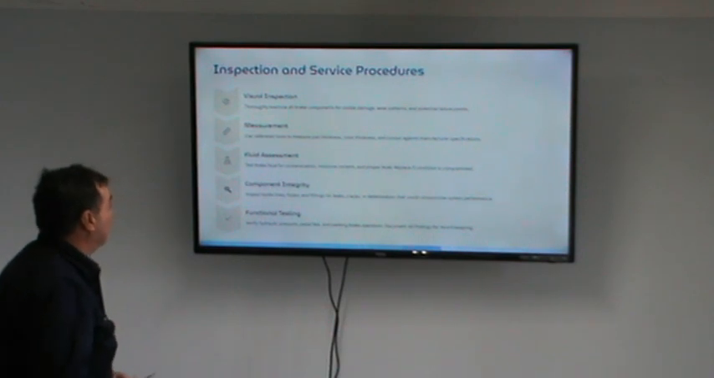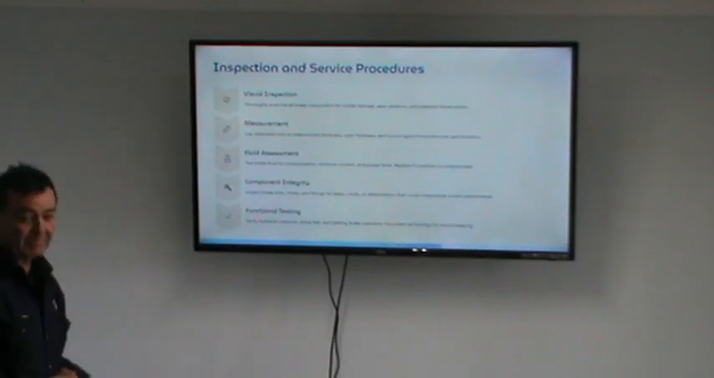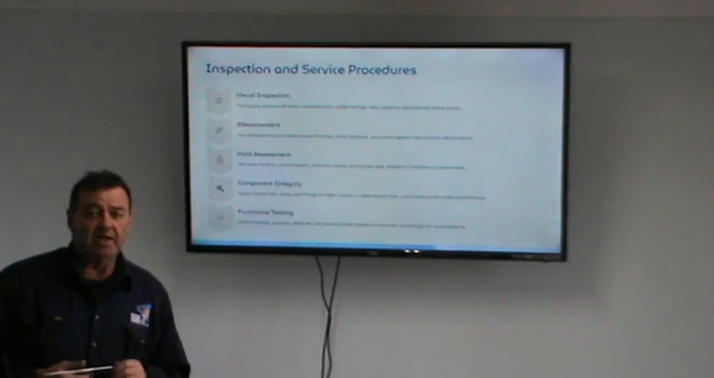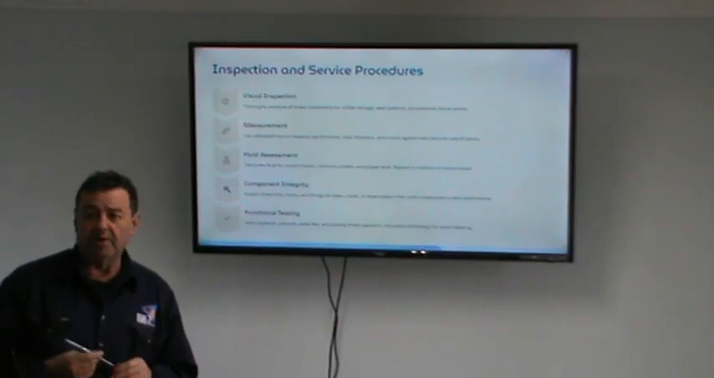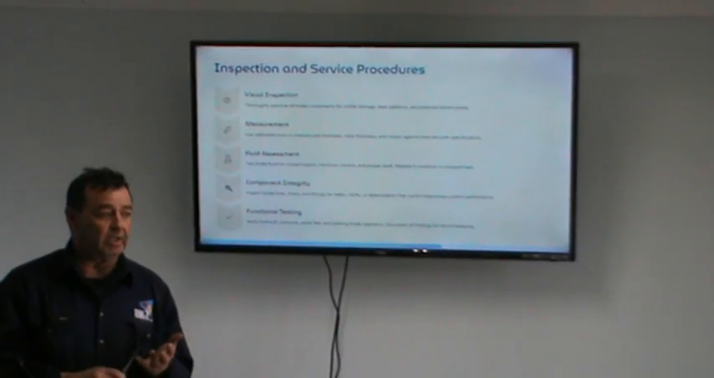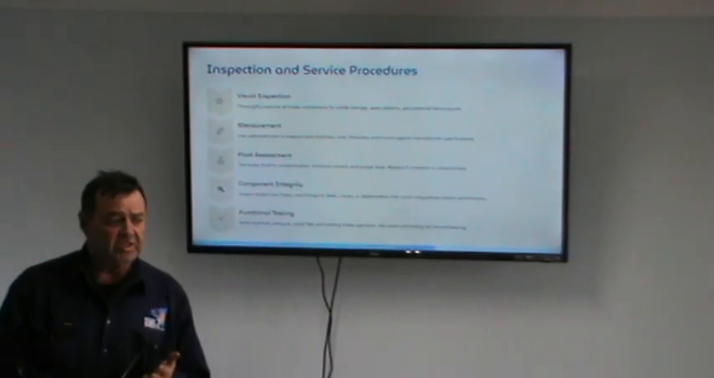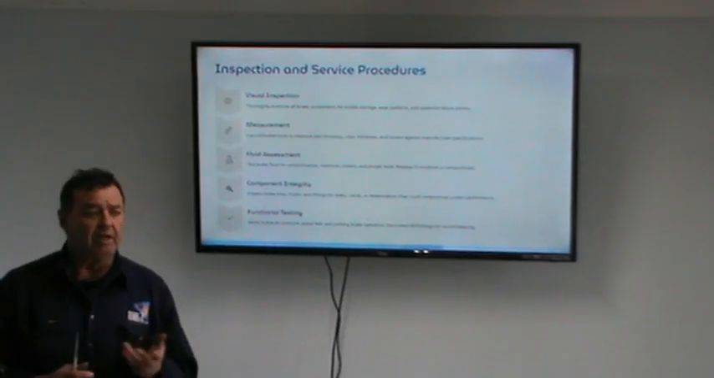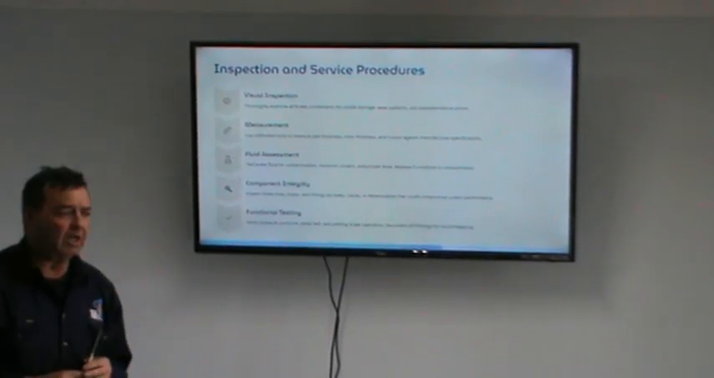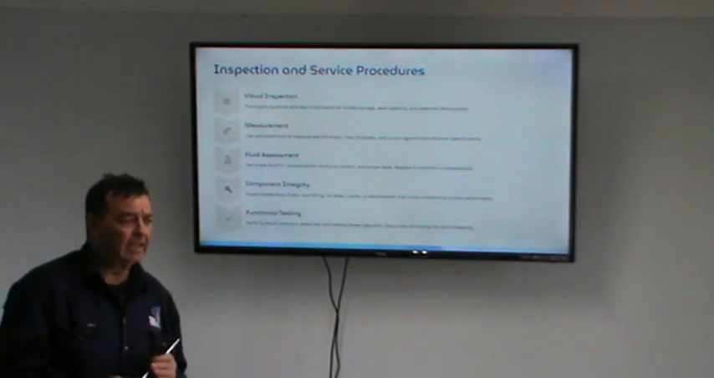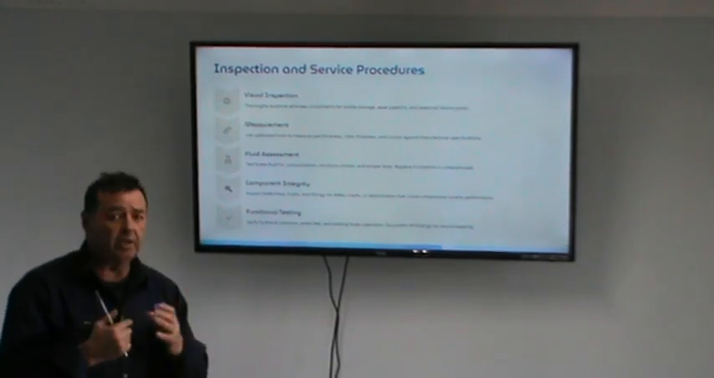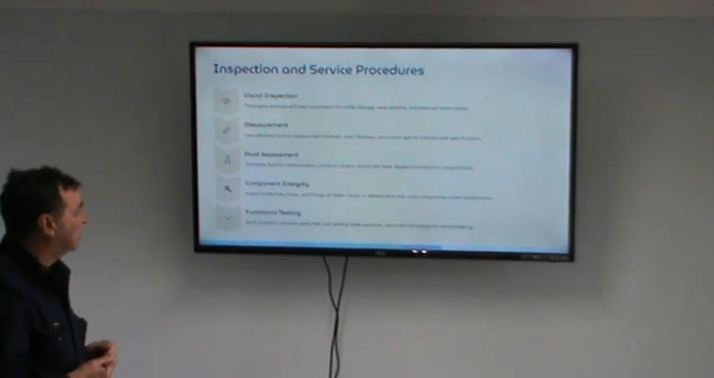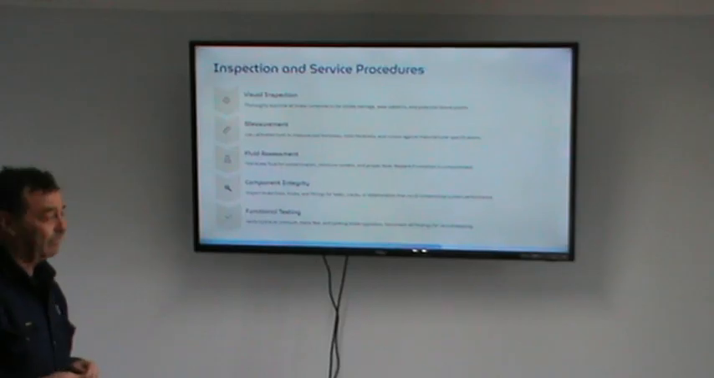Rightio, inspection and service procedures. Visual inspection. So we start off with a visual with anything really, don't we? We're going to look around. We're going to be looking for any kind of signs of leaks, damage, hoses. Hoses wear out. They don't last forever. They can crack. They can get bubbles inside them. So we're going to be looking for damage, leaks, anything like that, unusual wear patterns,